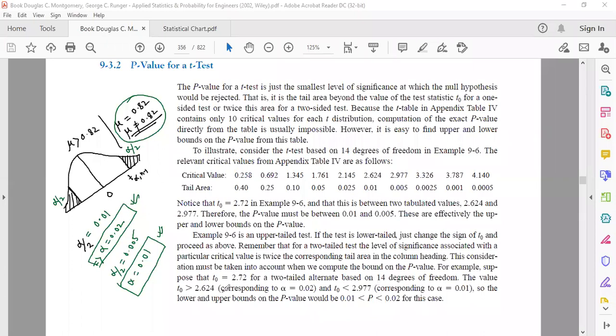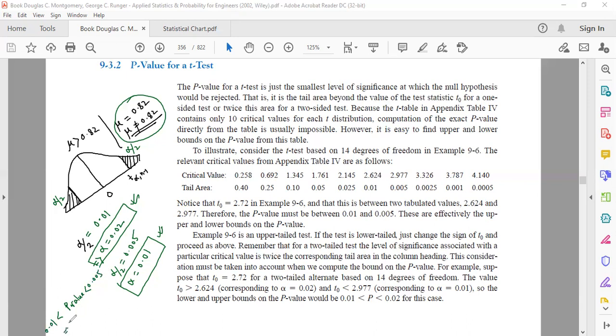So in this way, we can say that the p-value of my situation will lie between 0.01 as the lower limit and 0.02 as the upper limit. Because 0.005 was the lower limit and 0.01 was the upper limit. So if you multiply the entire thing by, I mean, they are using this equation, and they are multiplying for two-tailed testing.